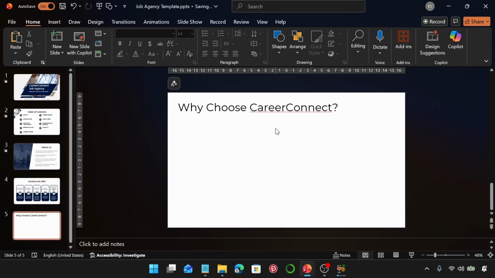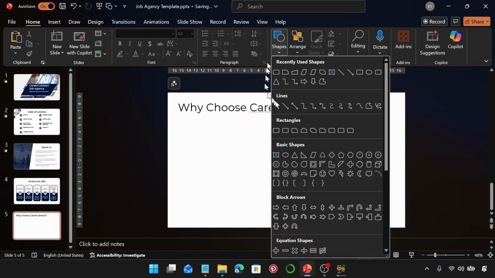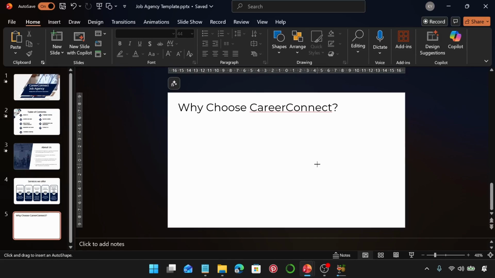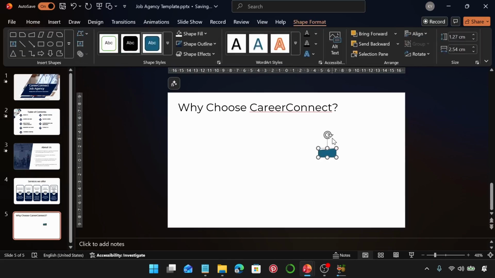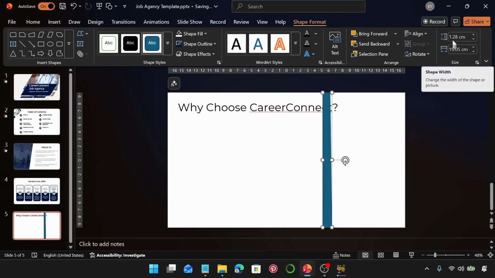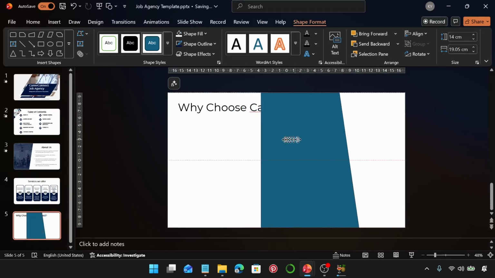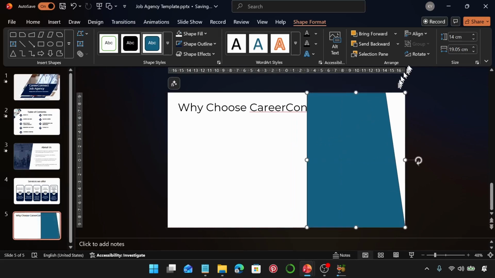Next is going to be, let's insert a shape. So I'm going to go to shapes and I'm going to use, where is it? I think it's in the flow charts, this shape again. So I'm going to insert and I'm going to hold shift and rotate, and I'm just going to increase the height like this. Since I've rotated it, we're going to change the height to 14,